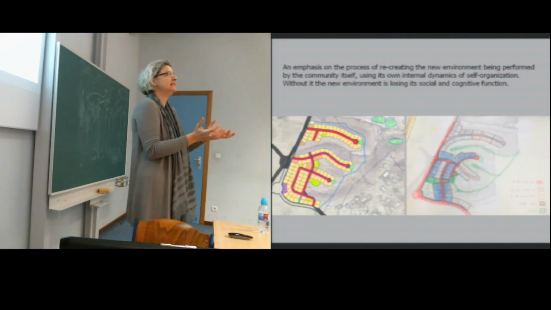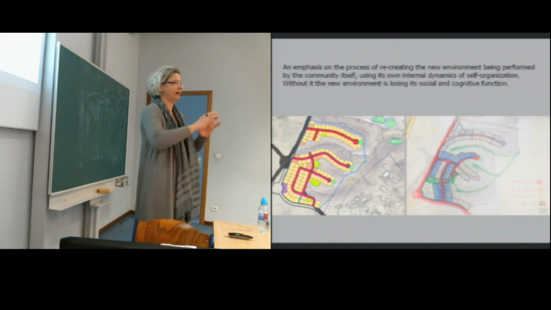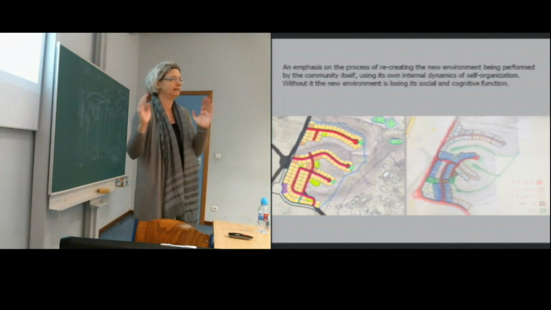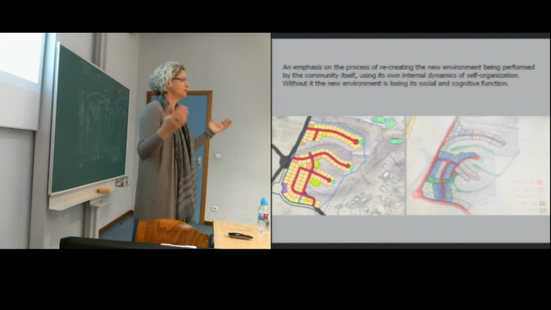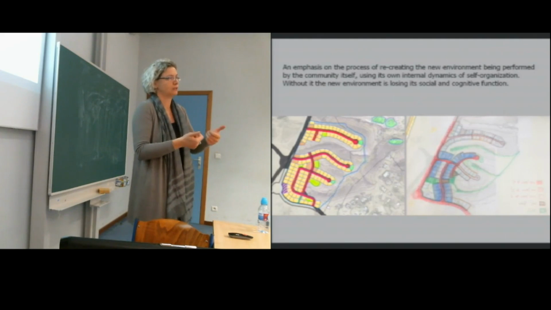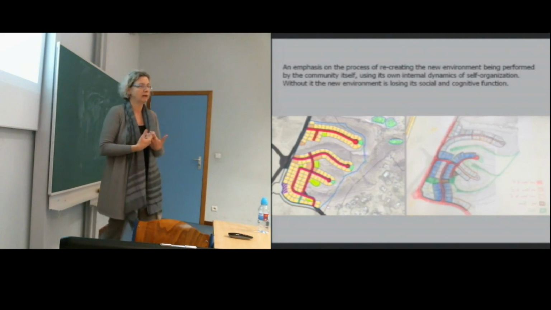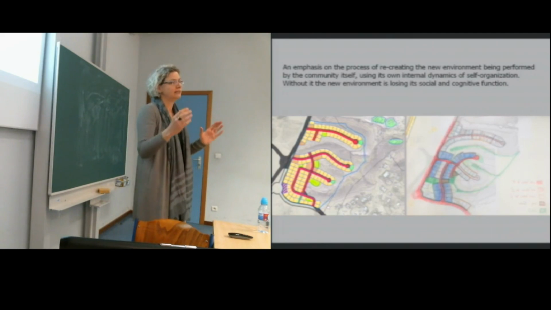It will not be cohesive in the fashion in which the previous environment was. So again, it's not about finding a universal set of rules that can then be applied in serial. It's about how to create the opportunity for this type of community or other kinds of community to reproduce the environment. Because even when there is talk about situated cognition, embodied cognition, a lot of the time it